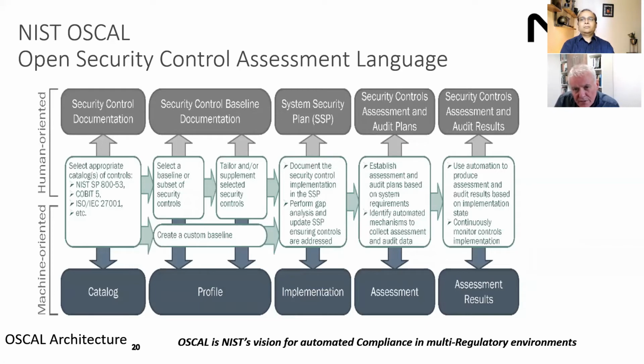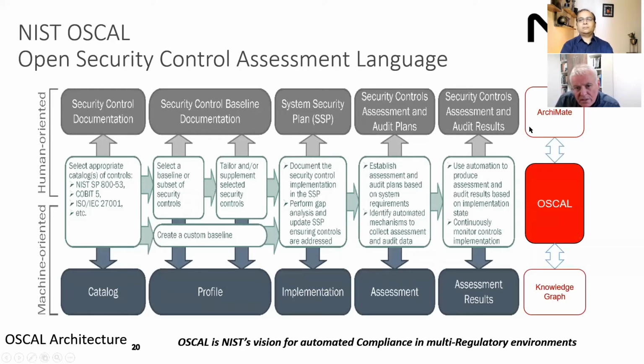as an overlay to our enterprise architecture using Archimate, we could create this Archimate model that contains everything we need to know about our system of interest, our target system, and using XML conversion, we can reverse that arrow, or we can do round trips. We can create in Archimate, have the thing reviewed, have it approved, it becomes maintainable, and when we've got a stable copy, we can use XML transformation to generate the necessary OSCAL artifacts and then run them in the knowledge graph or in any other